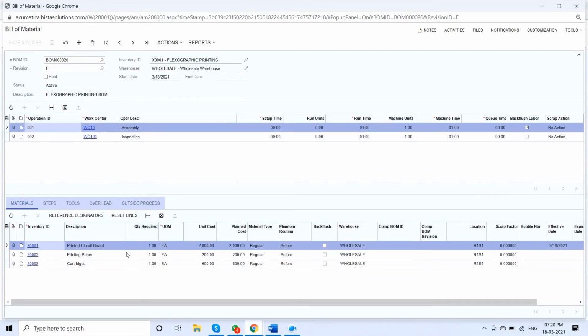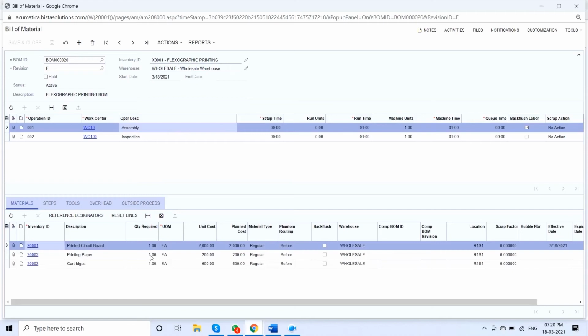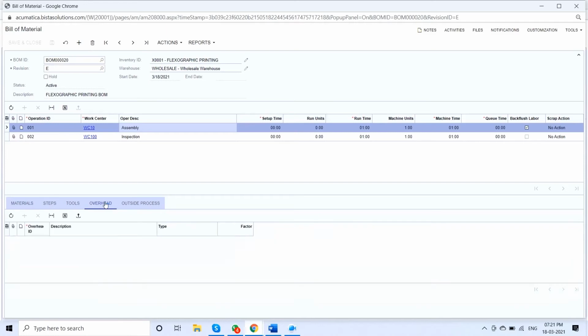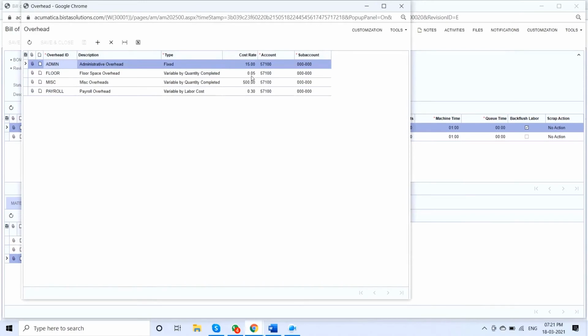So I have set the default unit cost and the quantities, and along with the unit cost and the costing of the final product, I set a few overheads as well, like admin, floor, and miscellaneous. So the costing of the overheads is defined under this form and under the overhead form.